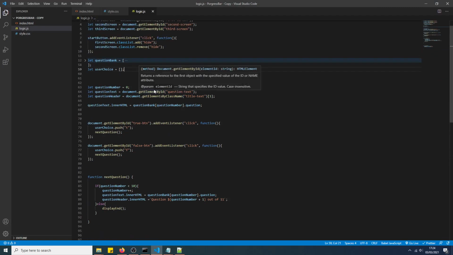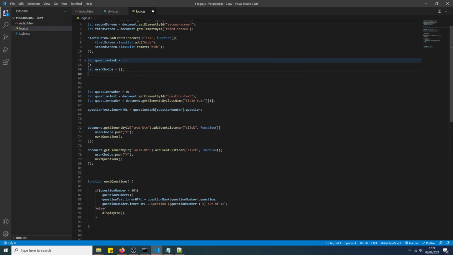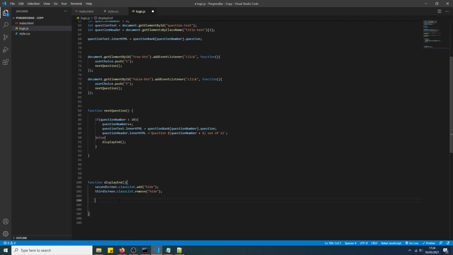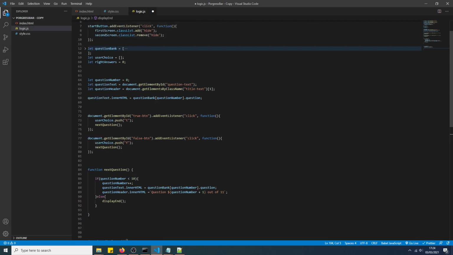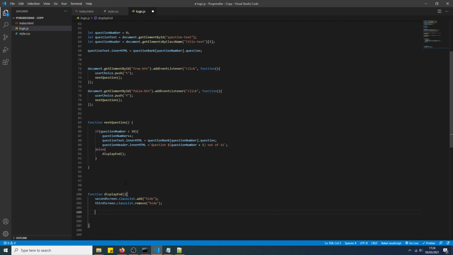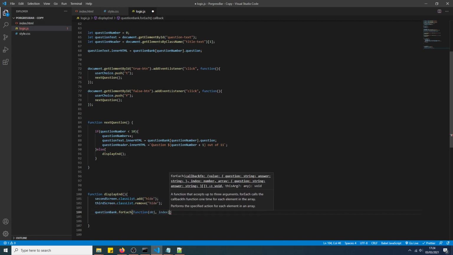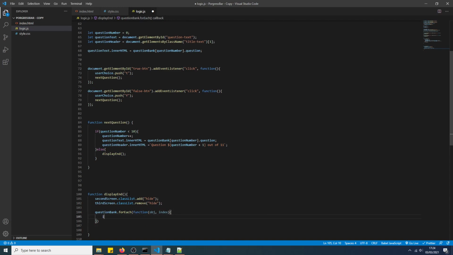So first things first, we'll need to keep a record of how many answers they've got right. So we'll say right answers. We'll set that to 0 because they haven't actually done the quiz yet. So it makes sense. Now what we need to do is loop through. We'll need to do a for each loop in this question bank array, which holds objects as items. So we'll say question bank.forEach, anonymous function. We'll say object, index in here, and we'll say if